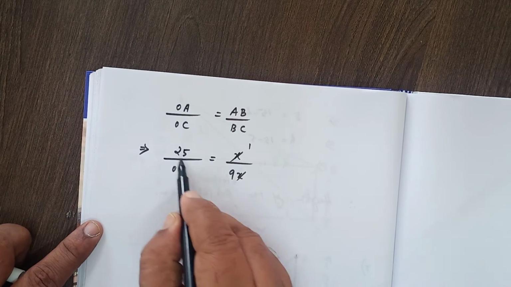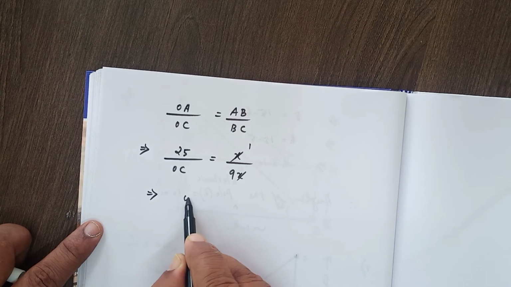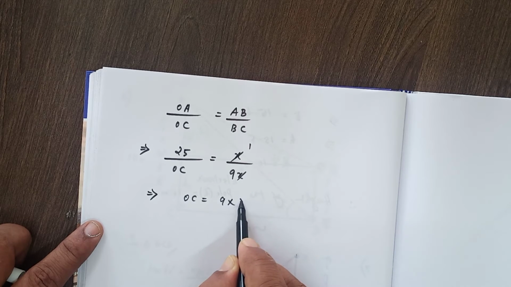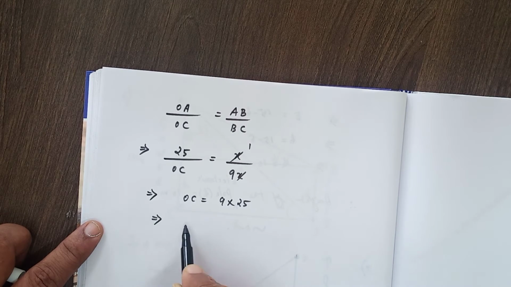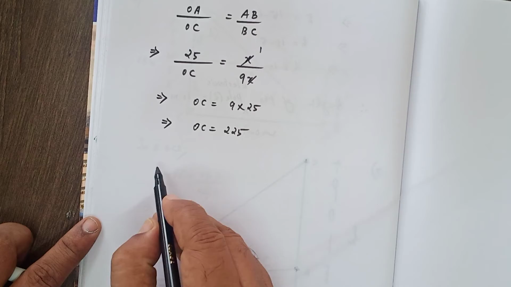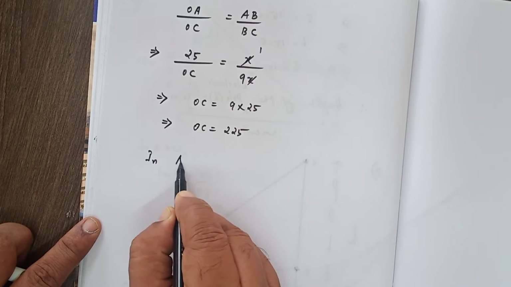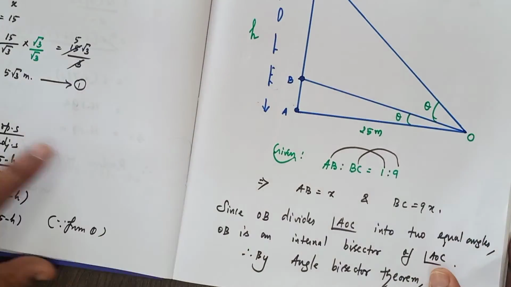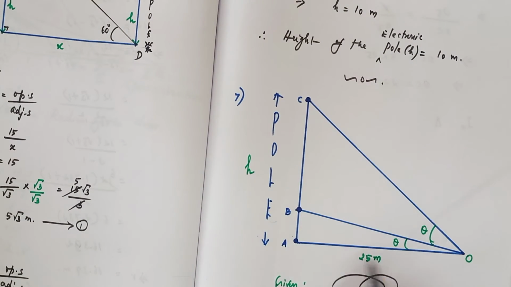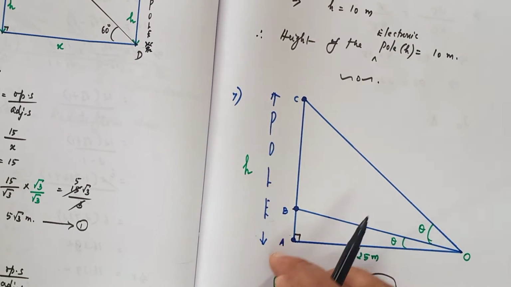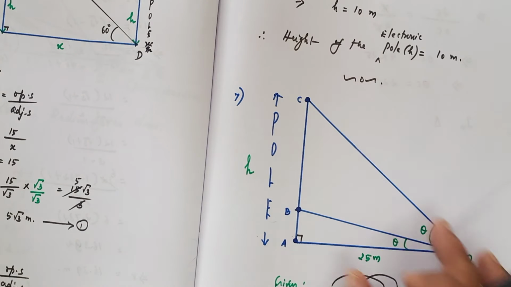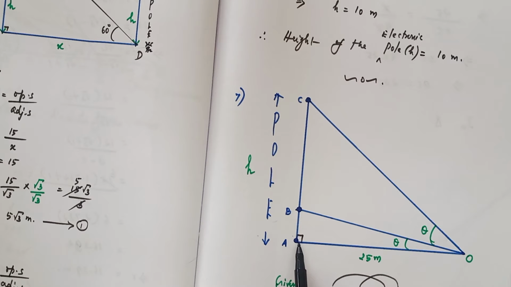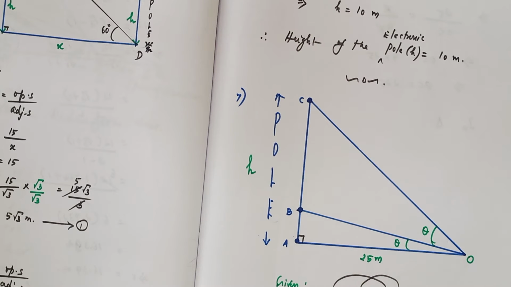OC into 1 is OC. 9 into 25 is 225. OC is equal to 9 into 25, which implies OC is equal to 225. Now in triangle, the full triangle, I am going to consider the bigger triangle OAC. Since it is a right angle triangle, because here the angle is 90 degrees, we can use the Pythagoras theorem. In triangle OAC, by Pythagoras theorem,